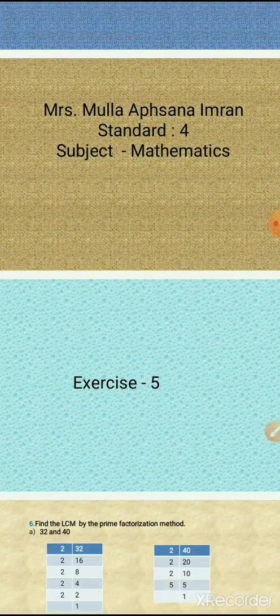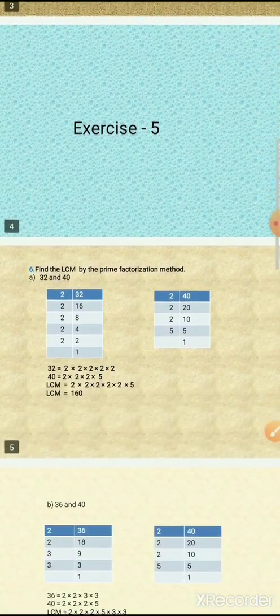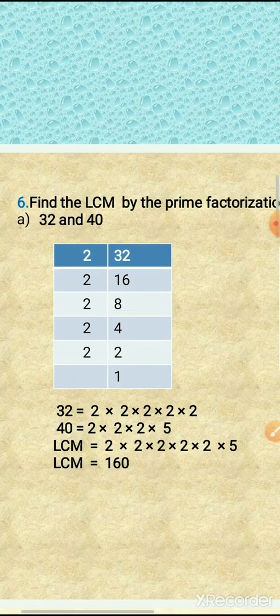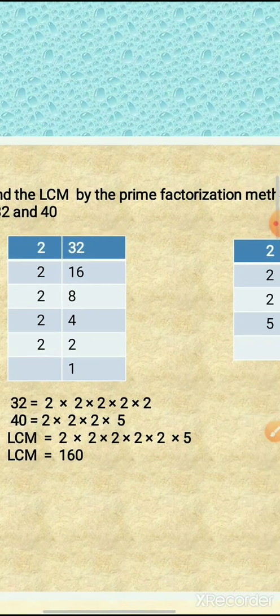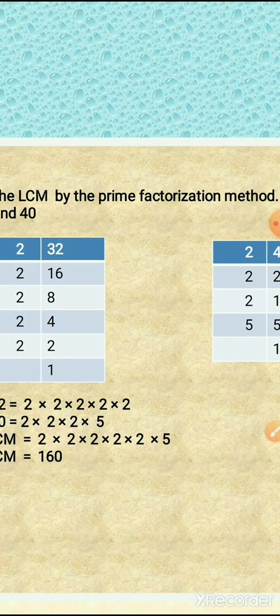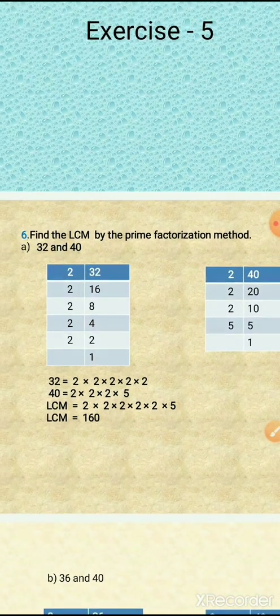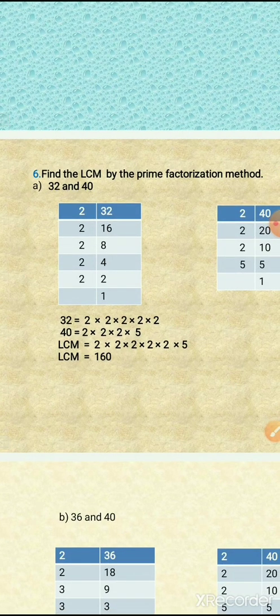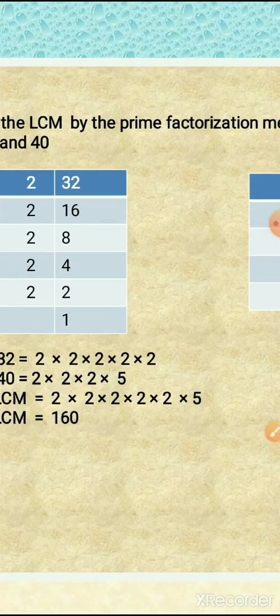Okay, so look here, question number 6. Question number 6 is to find the LCM by the prime factorization method. Students, you have learned how to find the LCM by the prime factorization method. So let's see the first example: 32 and 40. Now we will find